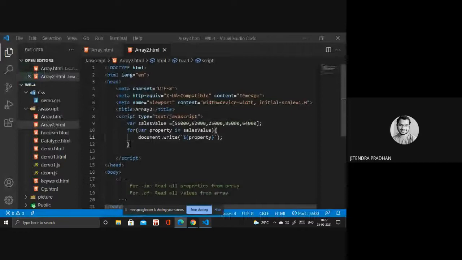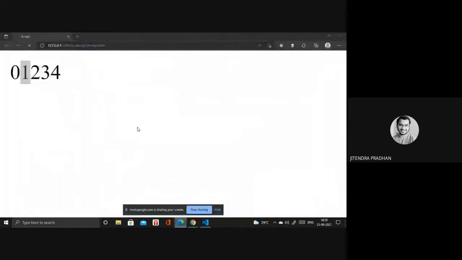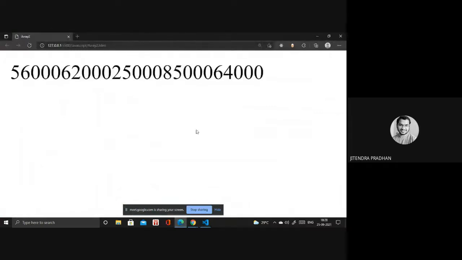If I use for of inside that to write the value, I want to break every line. So let's see, it will write the value. Okay. But it's not printed in the next line. Why? You are using a BR tag, but it's not affected. Okay. Anyway, it printed all those values. Whatever values are there inside that array, it will print.